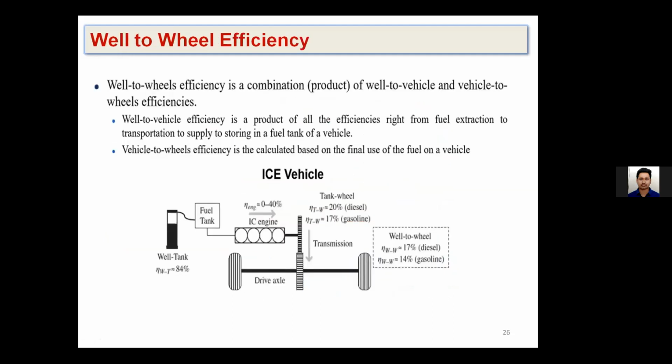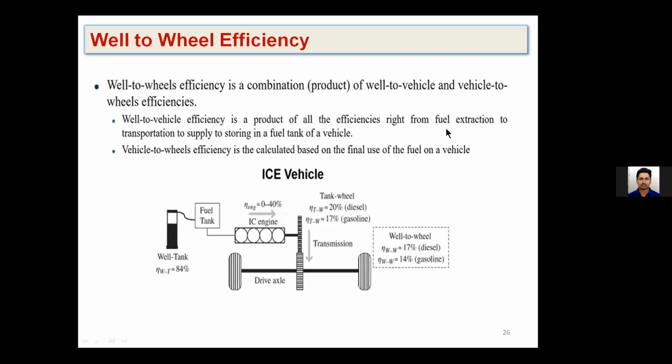Coming to the well-to-wheel efficiency, which we discussed in the starting slide. Well-to-wheel efficiency is basically the amount of energy consumed by mining the fossil fuels, refining them, and then getting them to the vehicle. The amount of energy consumed for IC engines is much higher in this particular aspect when you compare with EVs. Okay. So well-to-wheel efficiency is the product of well-to-vehicle and vehicle-to-wheel efficiency.